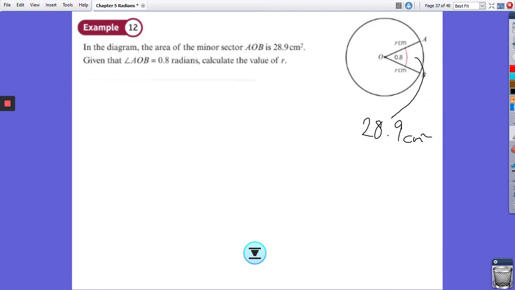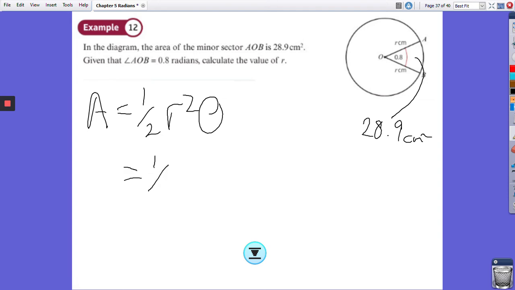So A equals a half r squared theta. We know that already. So you've got a half times 2.44 squared,